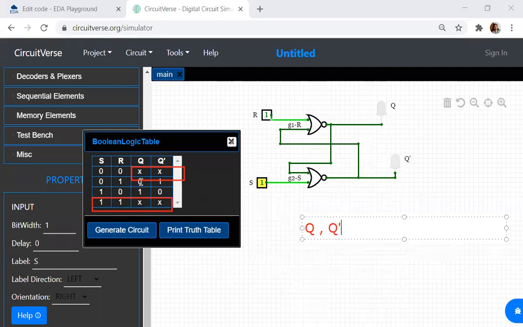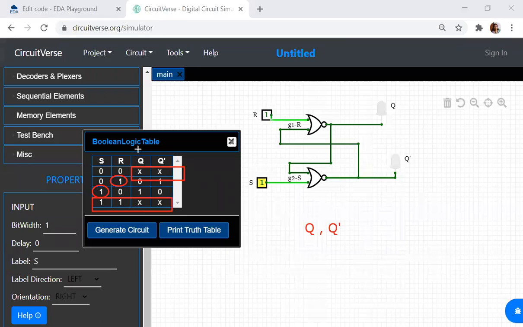Now, why is this 0 over here? You can see clearly in the truth table, R is 1. R represents reset. Reset means it will be reset to 0. That is why Q changed to 0. Again, in the next combination, S is 1. S is 1 means it is set, so set to 1. RS represents set and reset. We can also call this a set and reset flip-flop or set and reset latch. We are speaking about latches as of now. So this is the logic diagram or truth table for the SR latch using NOR gate.